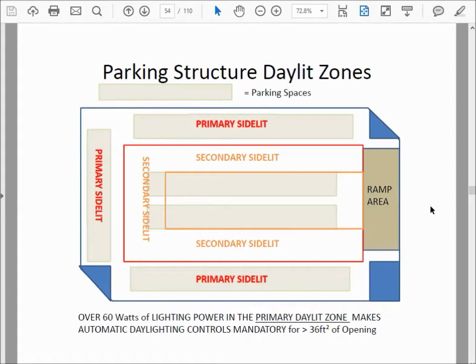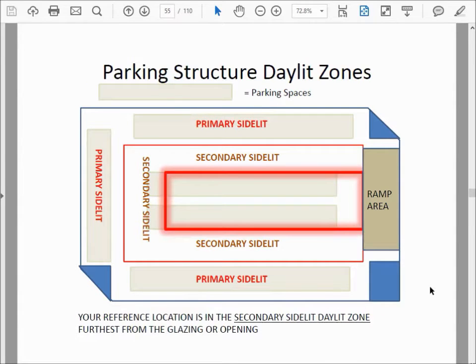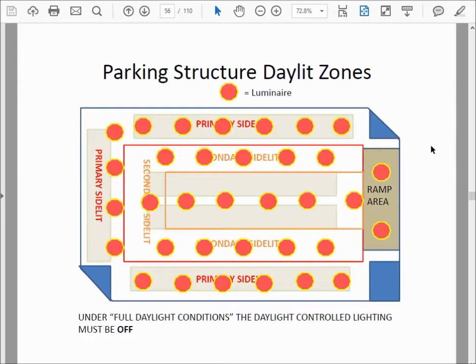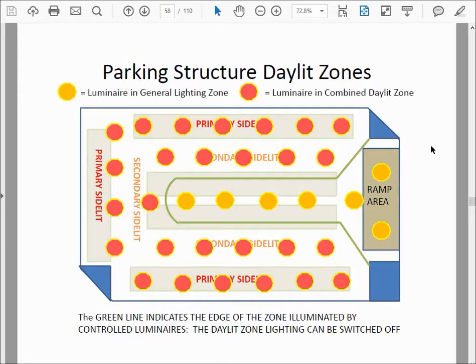They're special. Currently, we have 60 watts of lighting power in the primary daylit zone, makes automatic daylighting controls mandatory. That's changing. We can combine the primary and secondary side lit into one controlled zone, and we can simply switch the luminaires off in that zone, that combined zone, if we wish. Okay, we're getting off the subject now.